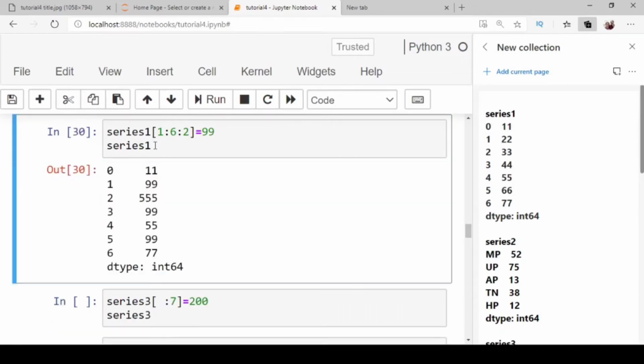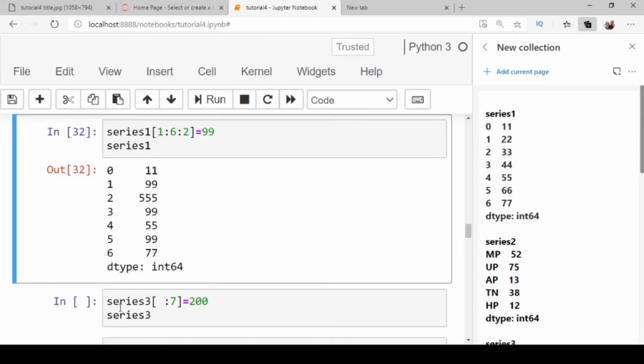Press Ctrl Enter. You can check that all the values falling in the range have been replaced with 99. Index numbers 1, 3, 5. Values at these indexes have been changed.